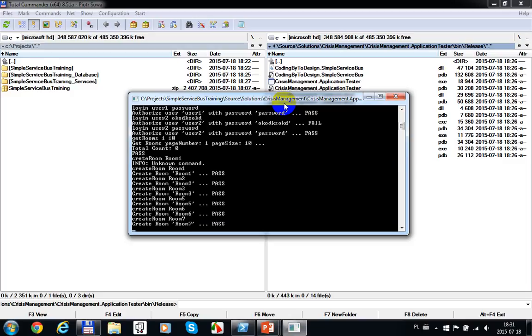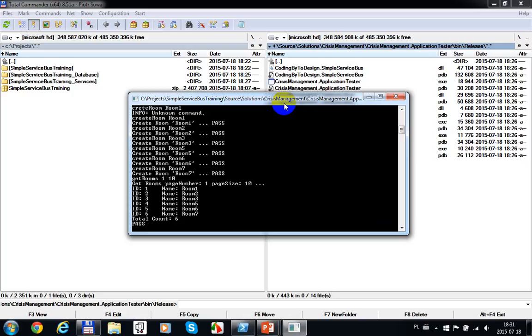And then we can get rooms on one page. As you can see, there's the ID and the rooms. This is everything from the database, and all communication works, so our test passes. And then we can, for example, check the